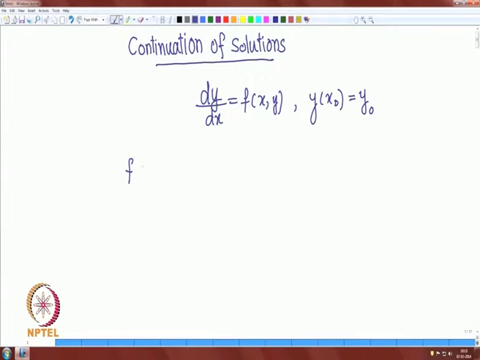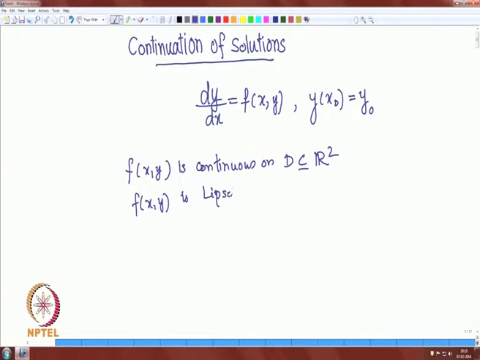Say f of x, y is continuous on some domain D in R2, and f is Lipschitz continuous with respect to y on D,